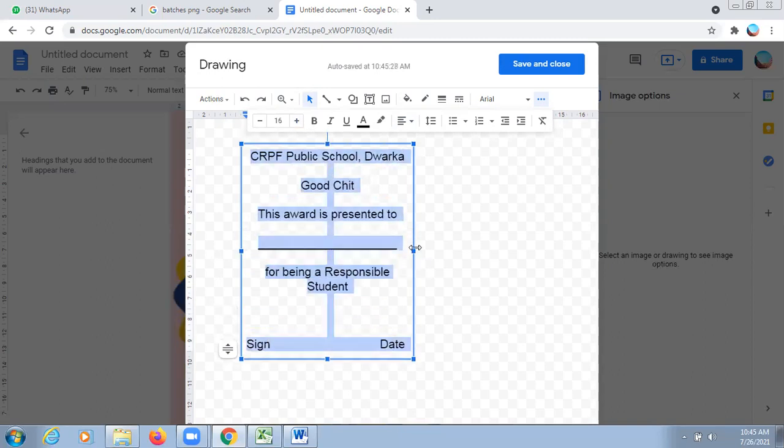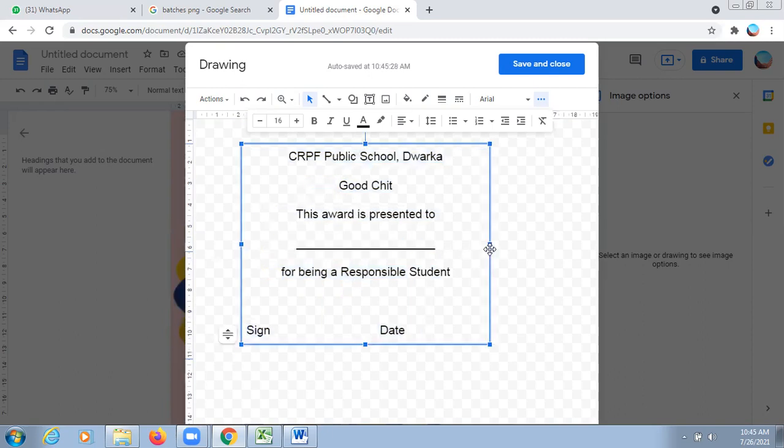तो हमने थोड़ा सा इसको बड़ा कर दिया है, इसको बॉक्स को भी बड़ा कर देते हैं, डेट को और शिफ्ट कर देते हैं.